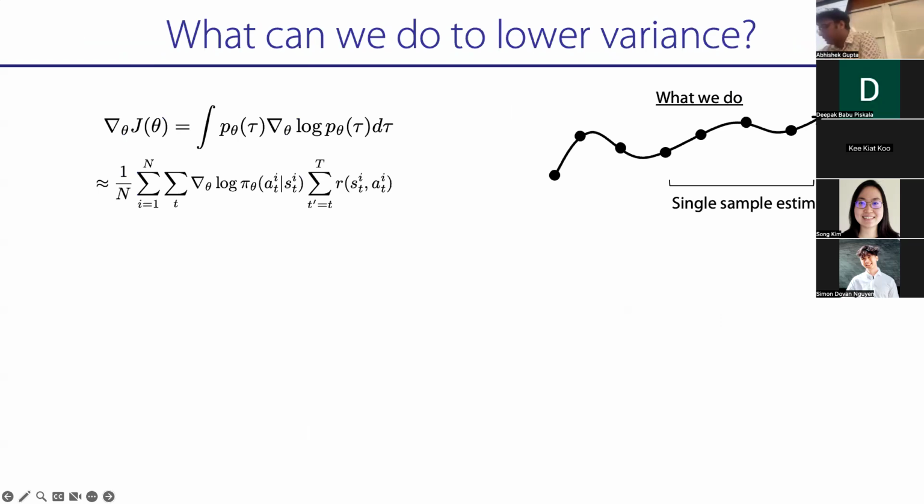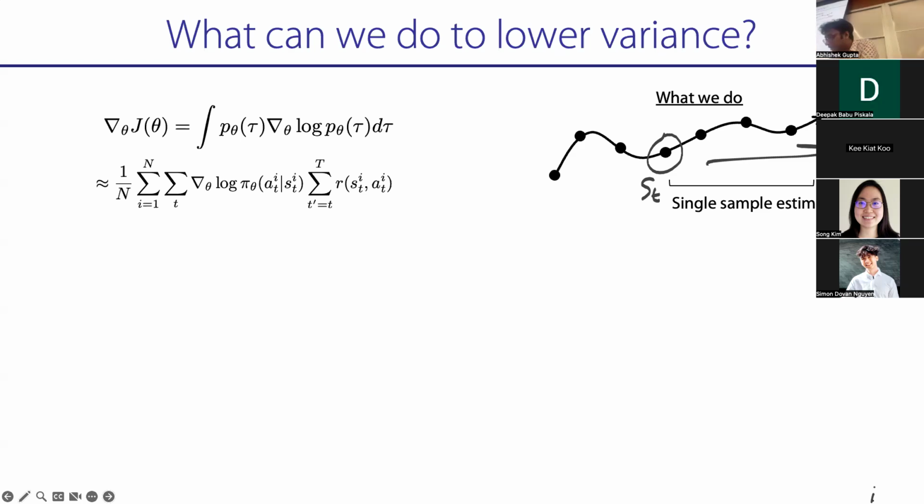Okay, so we said we can think of policy gradient as a single sample estimator, which means that at some state st, we have a single trajectory, and we're just going to upweight or downweight the actions by just the one trajectory that we had at that state, right? Because we're in a measure 0 continuous space, so you'll never end up at that same state ever again. And so you only have a single sample estimate, right?